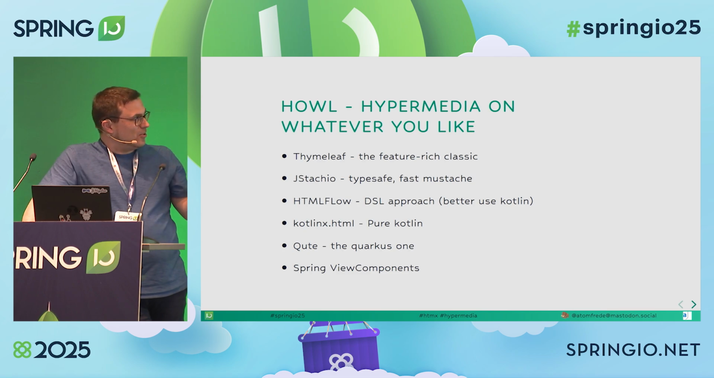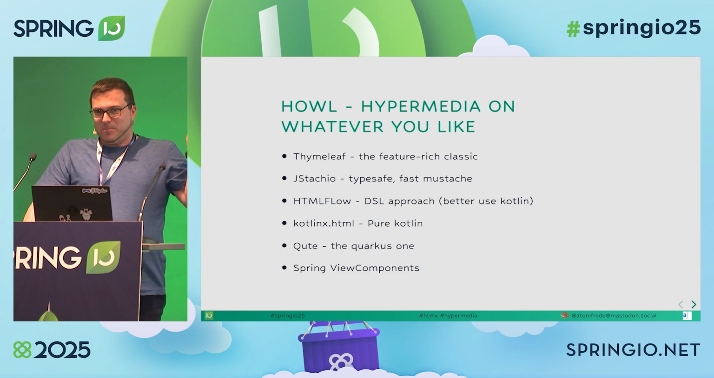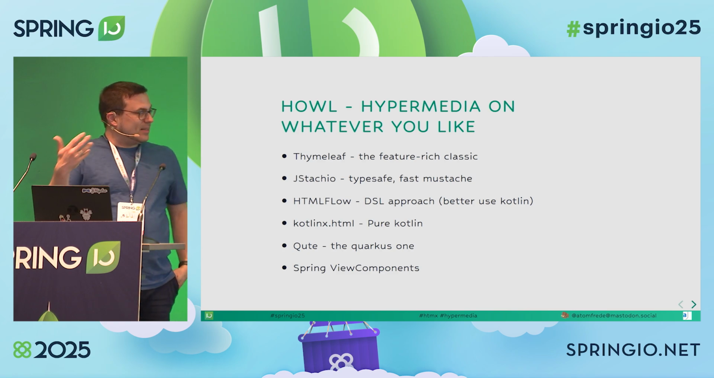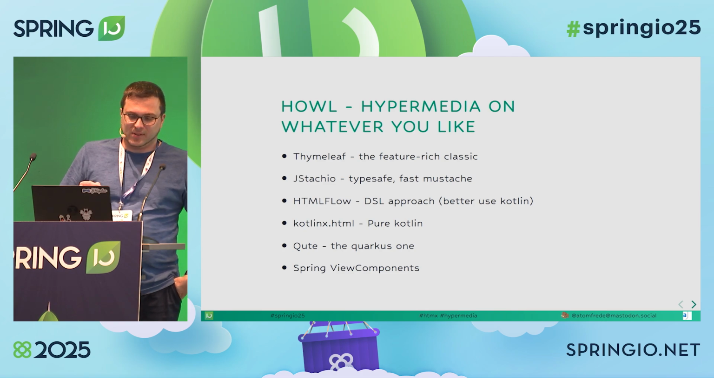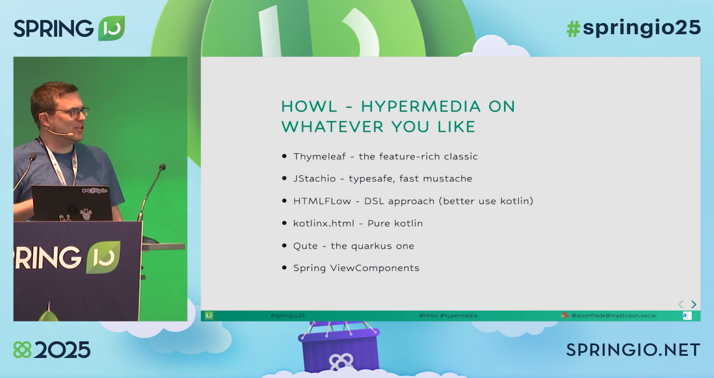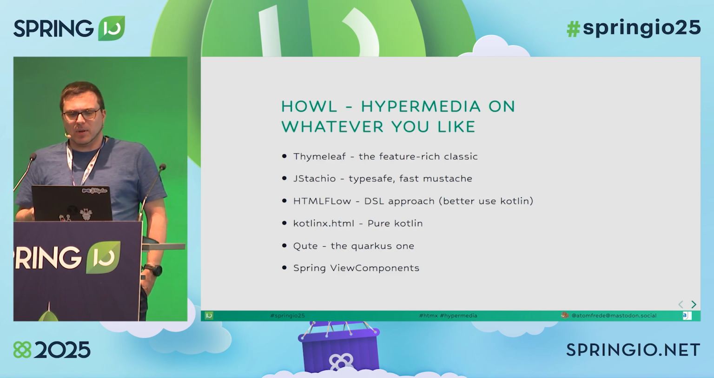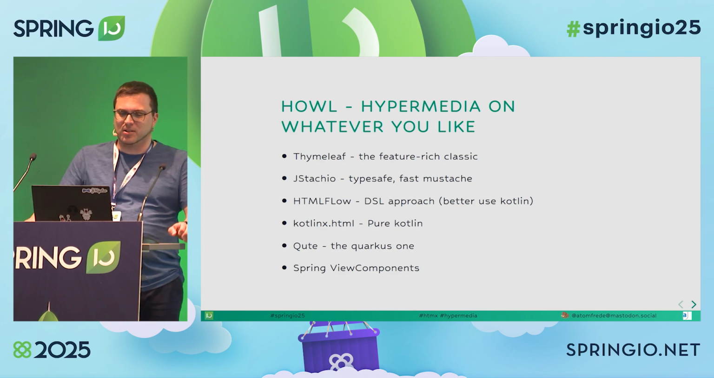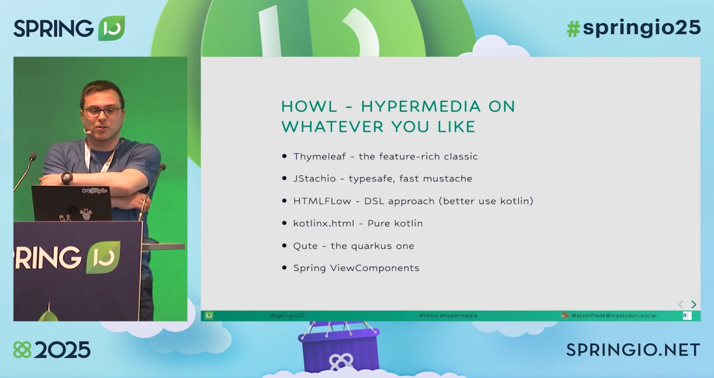So if you like mustache, you can use, who knows how to pronounce it? I think it's JStachio, I don't know. Maybe, yeah, okay. It's type safe. It compiles the mustache templates to Java code. Then I've heard of HTML Flow and Kotlin X at JavaLand. It's a DSL approach for writing HTML with Java. Looks quite cool, but if you don't use Kotlin, it doesn't feel great. With Kotlin, it's better. If you are on Quarkus, you can use Qute, which is very cool, or you can